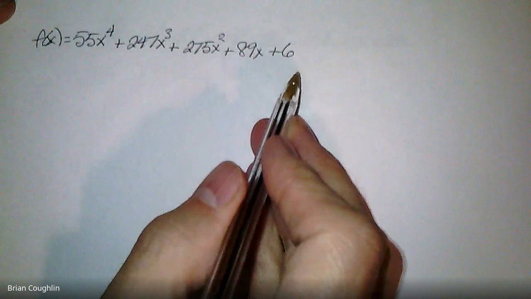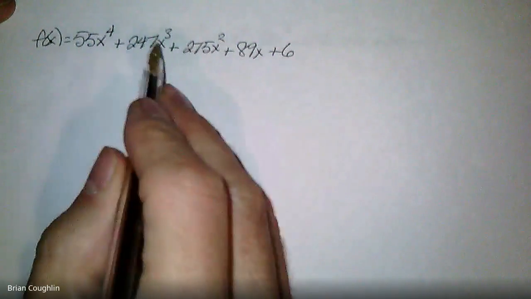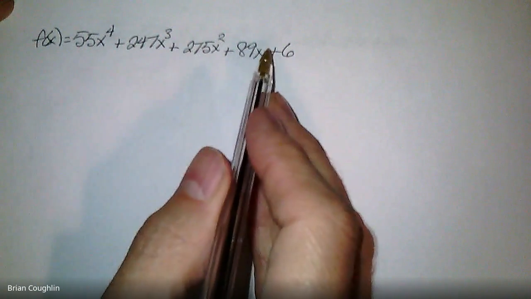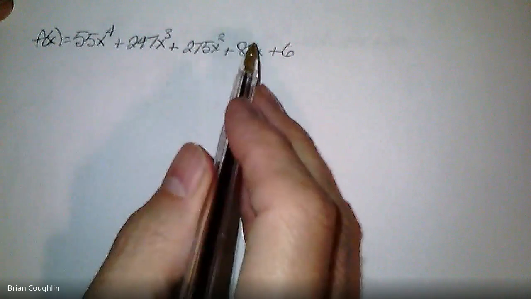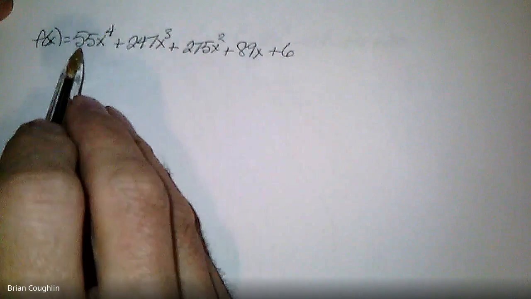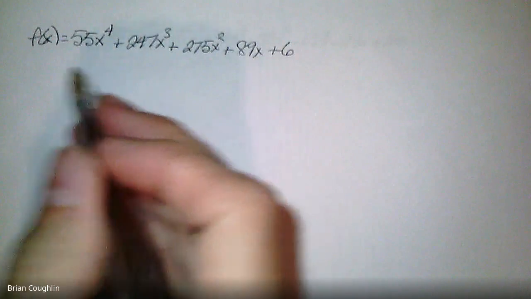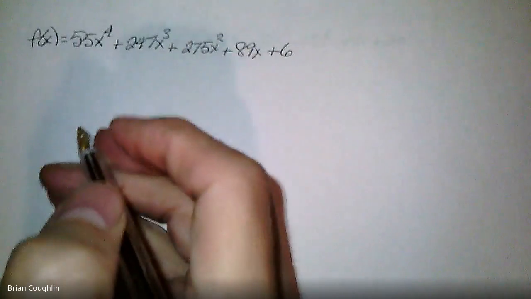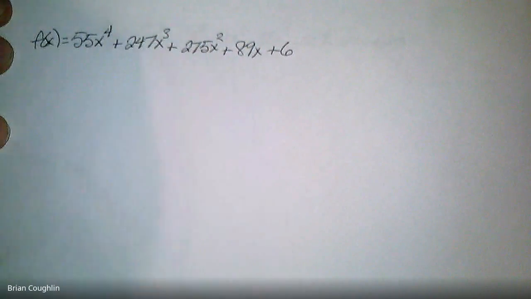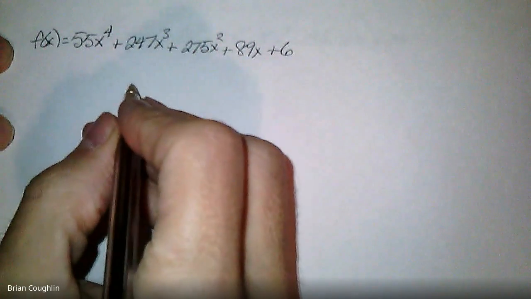And none of these work here. It doesn't have a GCF because 55 and 6 don't have anything to do with each other. It has 5 terms, so you can't factor by grouping. And all the other methods require a degree of 2 or at least 3 terms, or 2 terms, like with difference of two squares. No matter what happens, this thing flops. So what do? Well, ultimately, we're going to start guessing and checking. But just as a quick review,